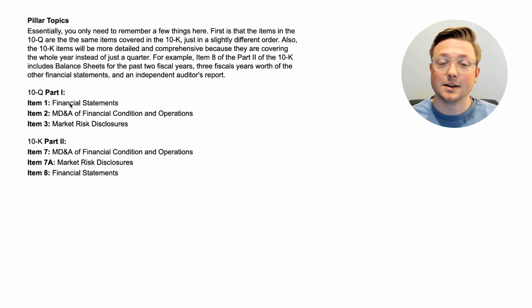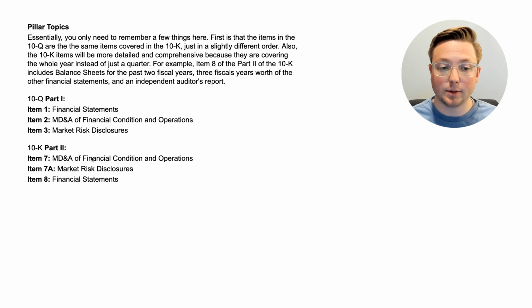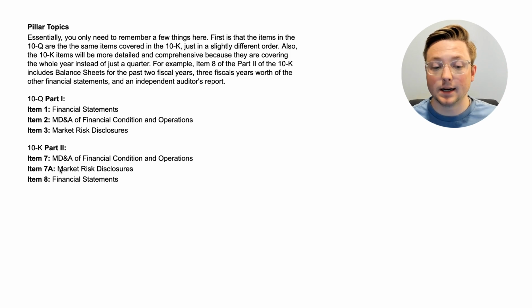Now, the easiest thing that I wanted to show you here is they're covering the same things, and all you have to do in your brain for the 10K is just move the financial statements to the bottom, and it pushes the other items up. Now it's the same items, just with the financial statements on the bottom, and it pushed these 2 items up. So as you'll notice, MD&A is now at the top: part 2 of the 10K, item 7 is the MD&A, item 7A is the market risk, and item 8 is the financial statements. So hopefully this is pretty easy to see here.